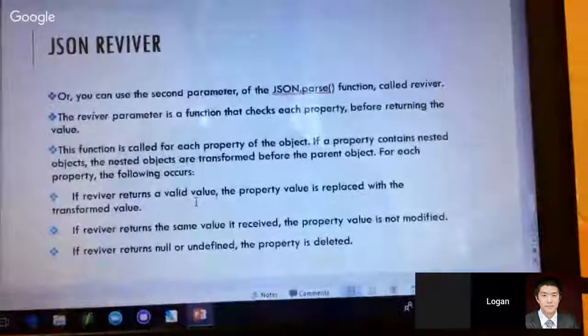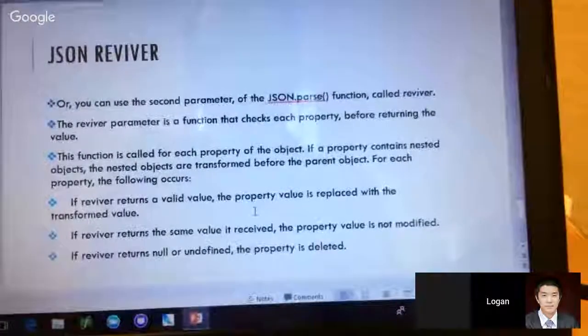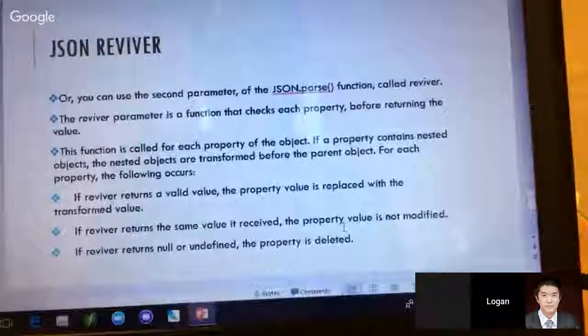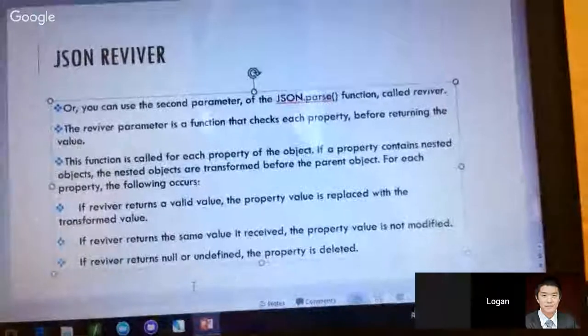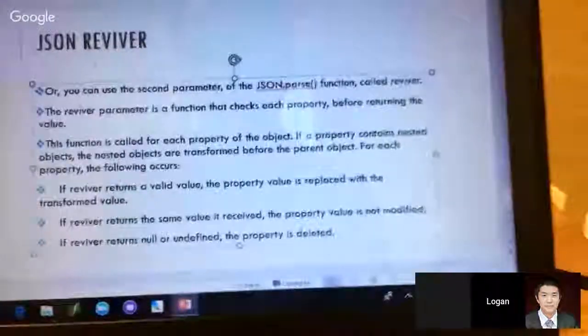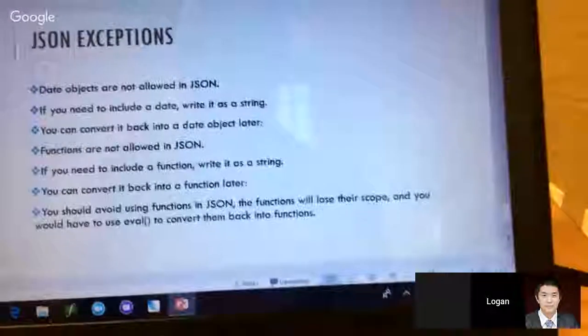If reviver returns a valid value, the property value is replaced with the transformed value. If it returns the same value received, it won't be modified. And if it returns null or undefined, then it's just deleted. It doesn't show up. Then the last thing I have for JSON is exceptions,